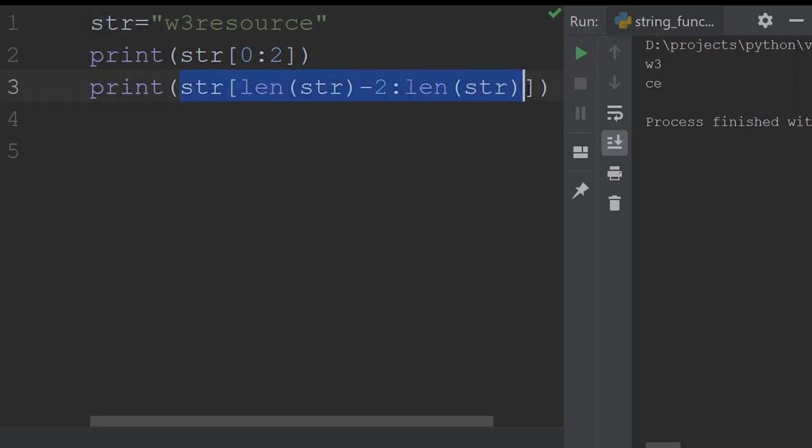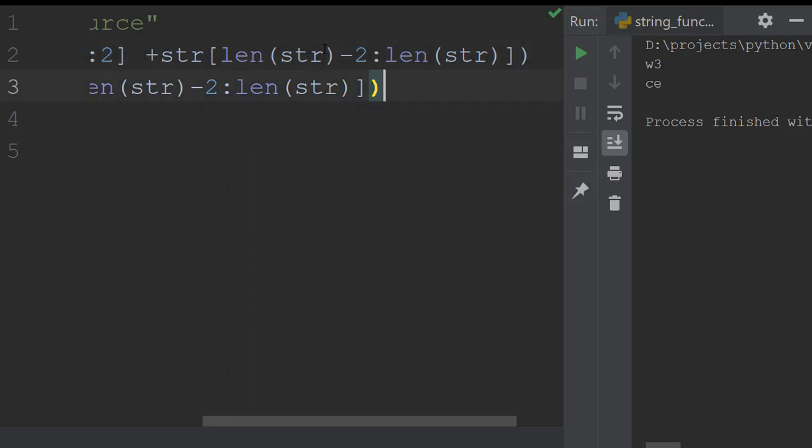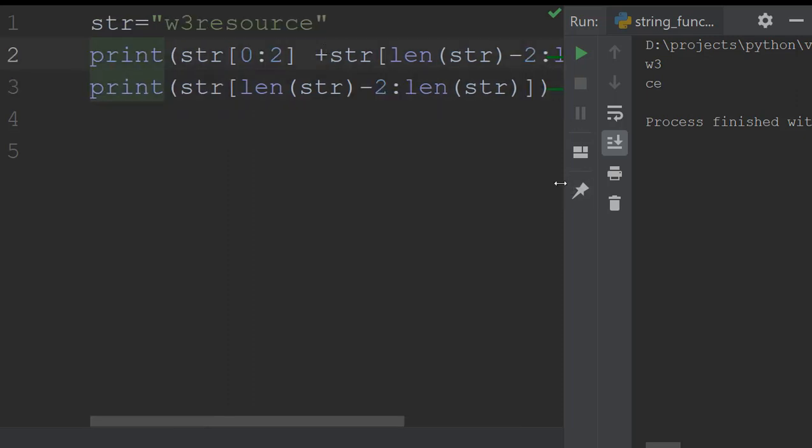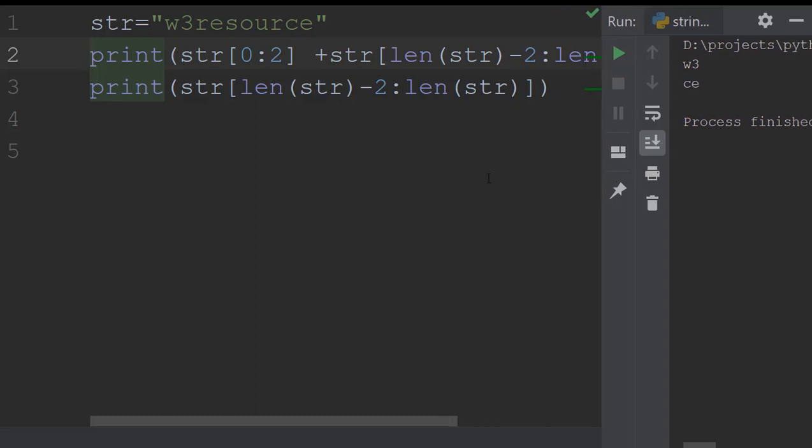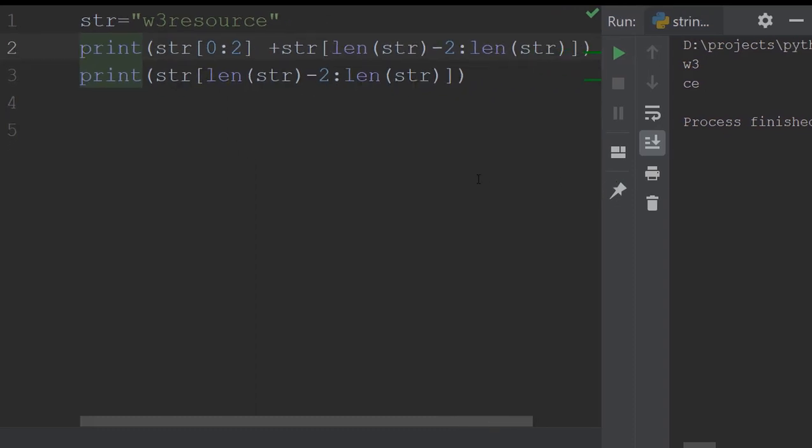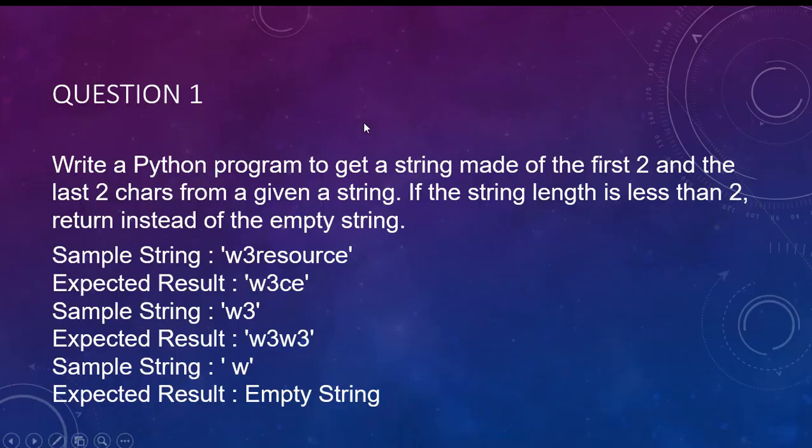And if I copy this and add this here, let's say like this, the complete program will be somewhat like this. Let us increase this or reduce the resolution. Okay, that's perfectly fine. Now if I execute this, I'm able to get the first output. Okay, when we have a string of more than how much? 4. Okay, so this part is done. Now what is the second part? If it is less than or equal to 2, right?